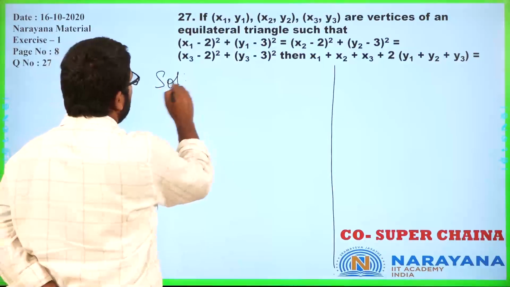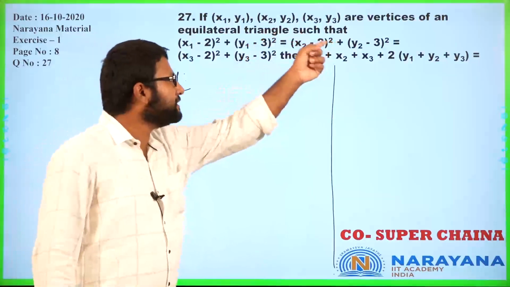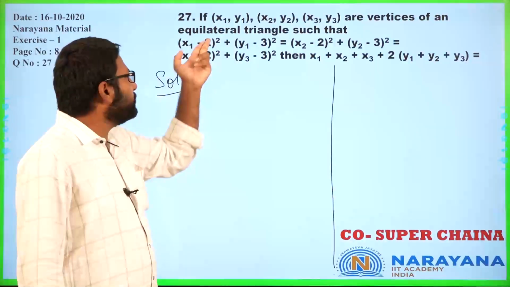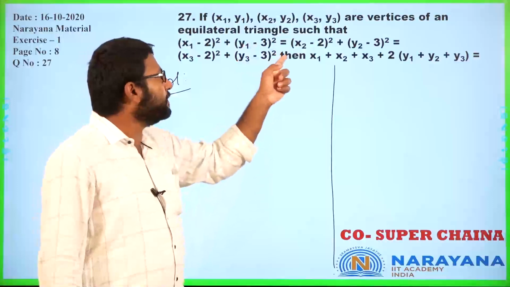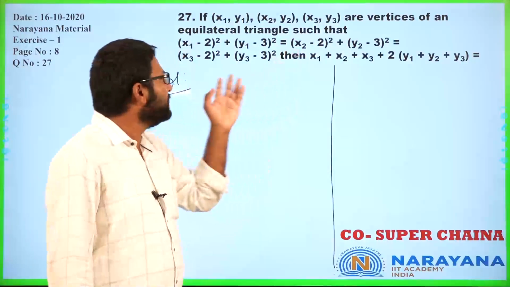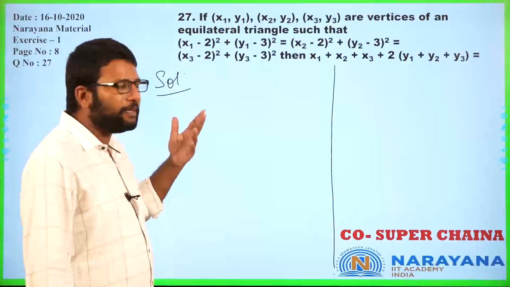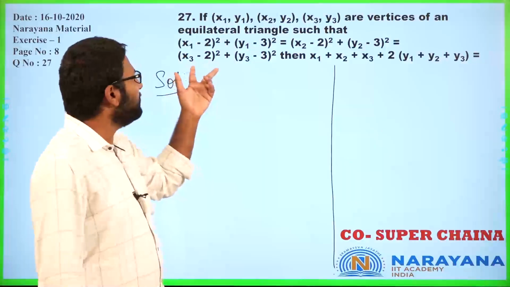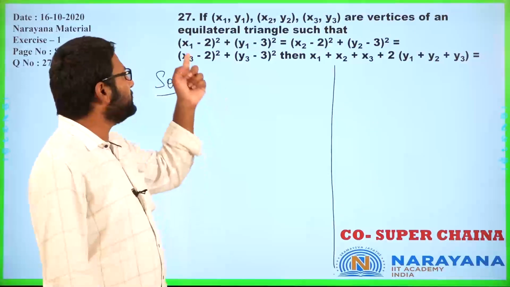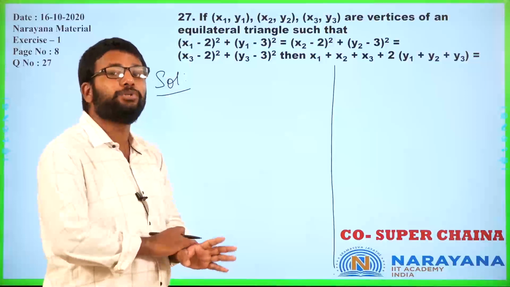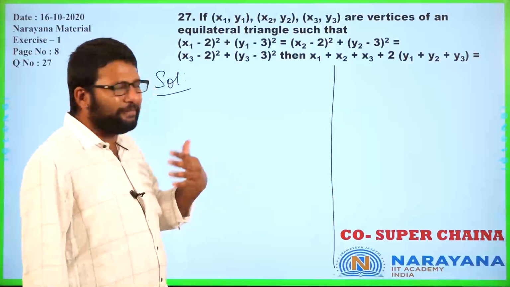Alright. Now obviously the question that should come into your mind would be, why have they given this information like this? (x1 minus 2) the whole square plus (y1 minus 3) the whole square is equal to (x2 minus 2) the whole square plus (y2 minus 3) the whole square. All these three expressions look very similar, no? What is the similarity? Instead of x1, y1, we have x2, y2 and then we have x3, y3. The point (2, 3) is the same. That is the first observation. The second observation is that each of these looks like the distance formula, without the square root. Correct? Okay. So then mathematically what does it mean?